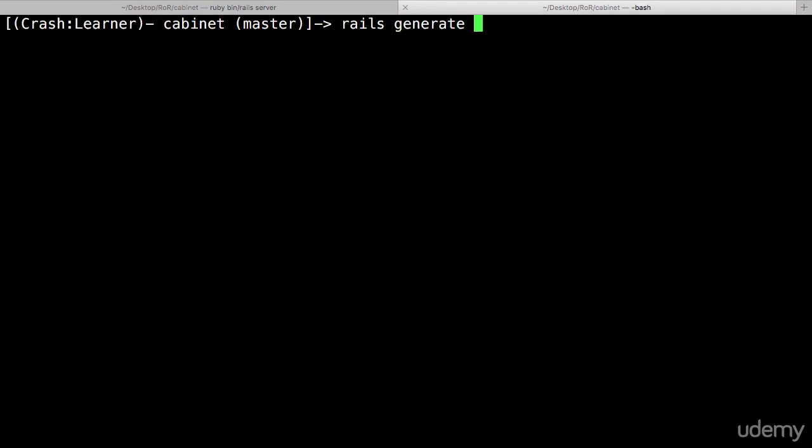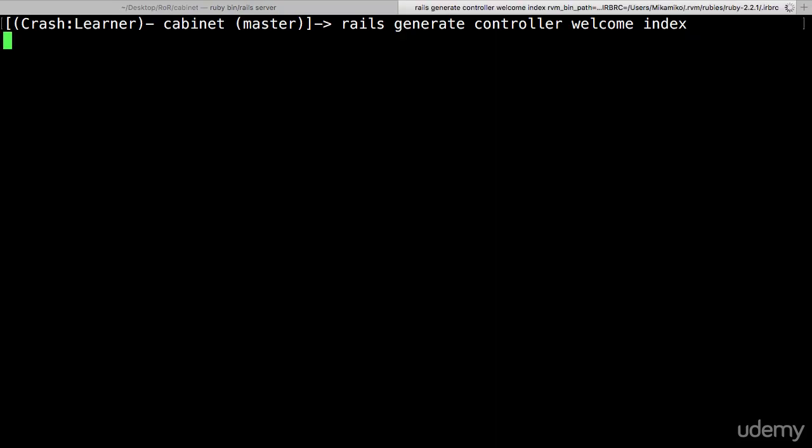Rails generate controller, and the name of the controller we'll go for is welcome, and then index. I'll explain exactly why I'm adding index here. This creates the controller, and if you want to create a view file in Rails, you must first create a controller for it. You must define the action of the view file in the controller, and that enables that view file to be rendered in our application. We're working on the welcome controller, and we've just added the index action. The reason we're adding the index action here is so that when we run this command, it also creates the view file for us,